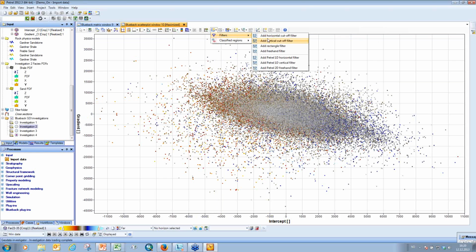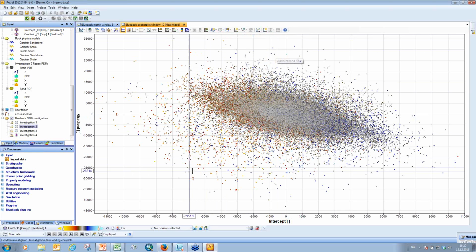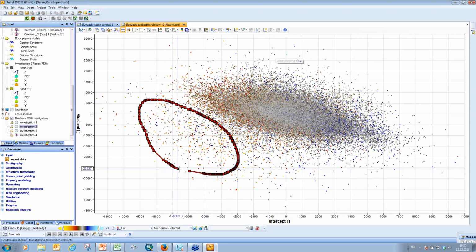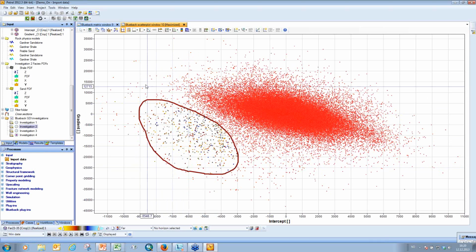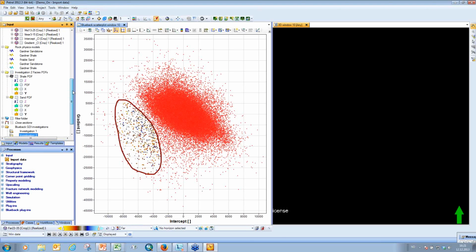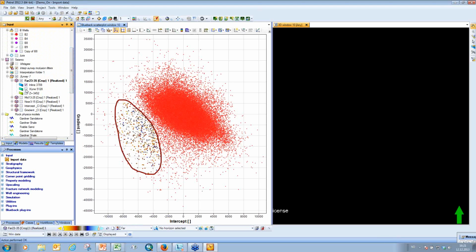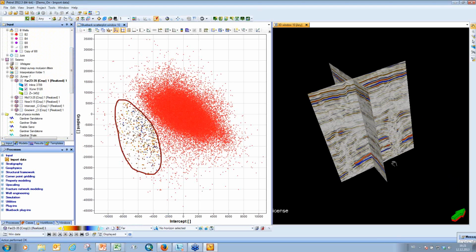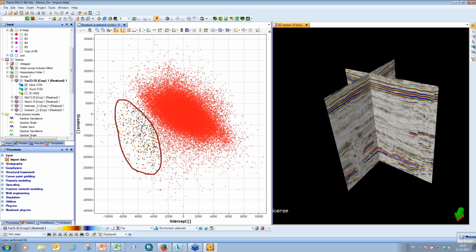So it's important to know where that anomaly is in the real world space. So again, I can choose, for example, a freehand filter, select some points like so, and then produce my dynamic point set. And by choosing a 3D window in Petrel, I can display my seismic here, and then toggle on